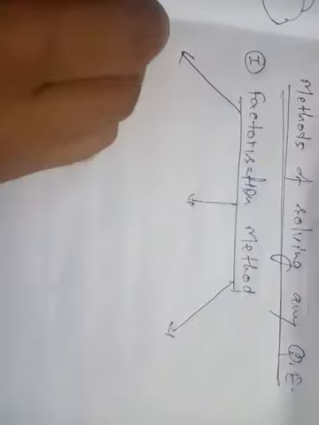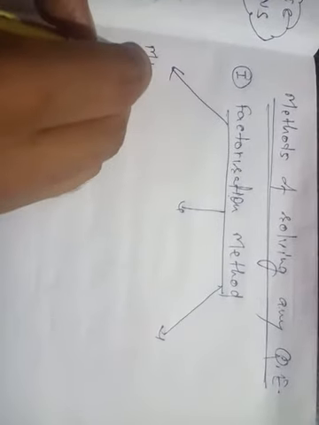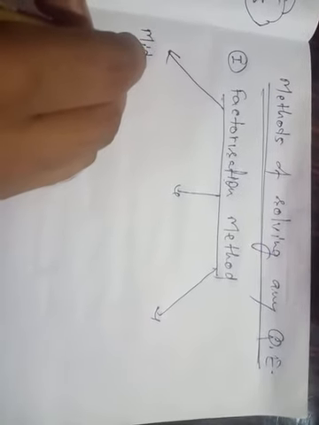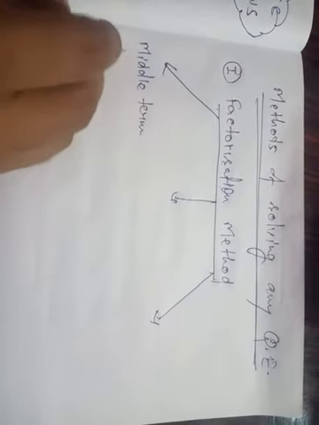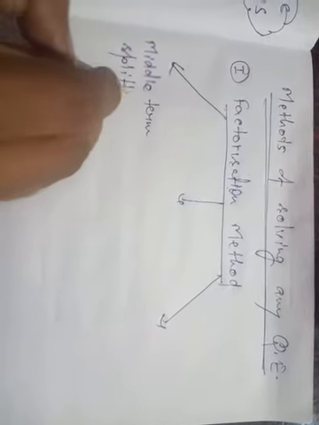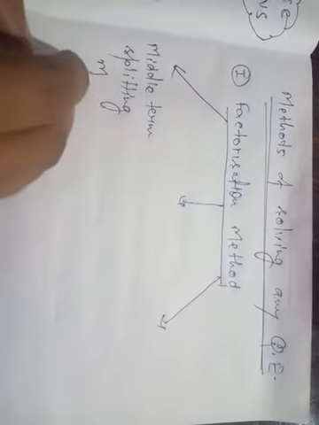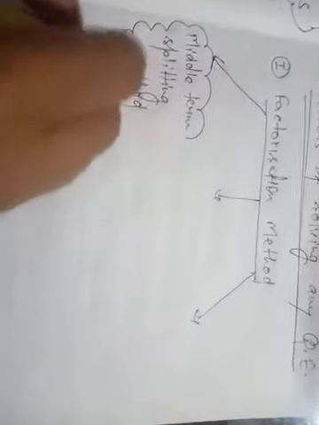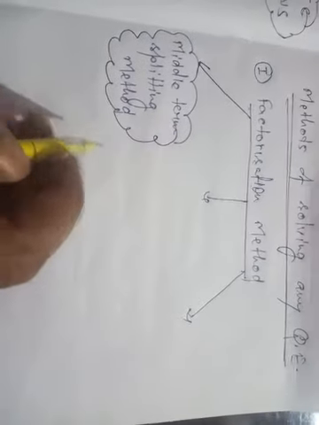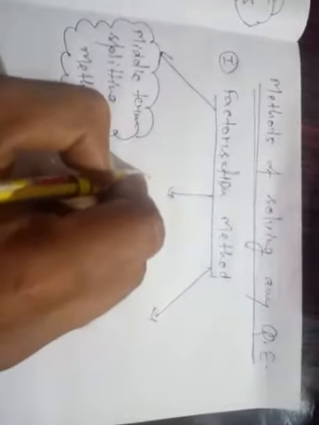So the first method is the middle term splitting method. This is the first method. Another is using